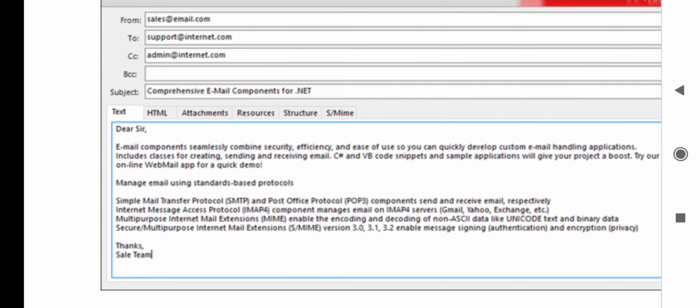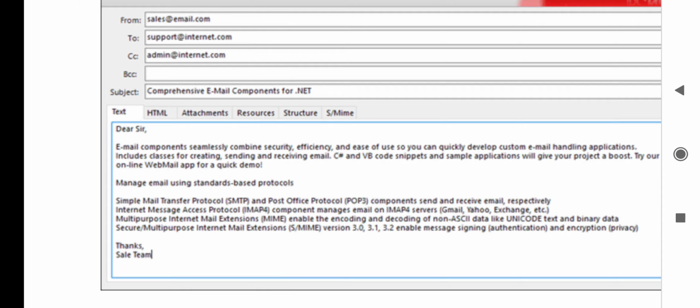RFC, Request for Comments. RFC 2822 provides the definition for the composition of email messages. See, the standard provides a definition for the composition of email messages. It defines a message as being composed of ASCII characters, divided into lines of characters, with each line ending with \r or \n, that is CRLF. You can use \r, carriage return, or \n, new line.